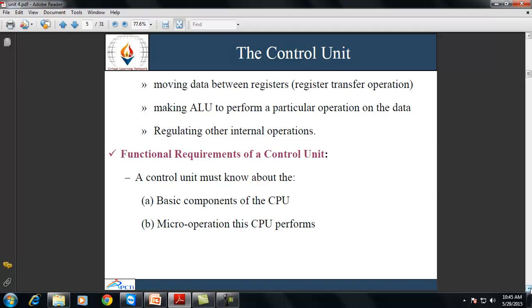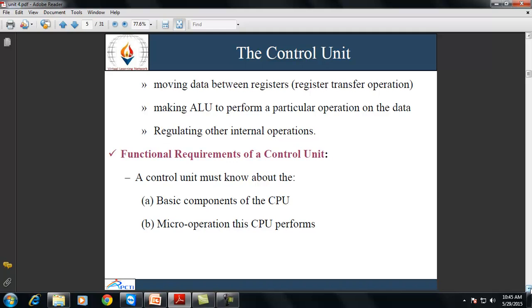Now, what are the functional requirements of a control unit? A control unit must know about the basic components of the CPU and the micro operations that the CPU performs.